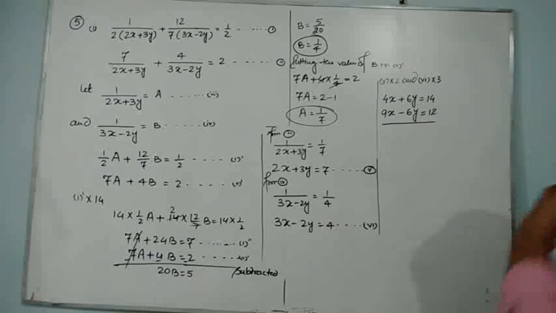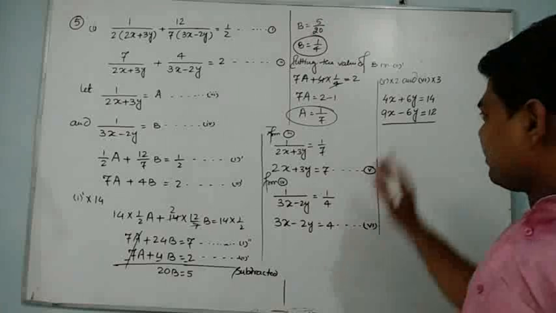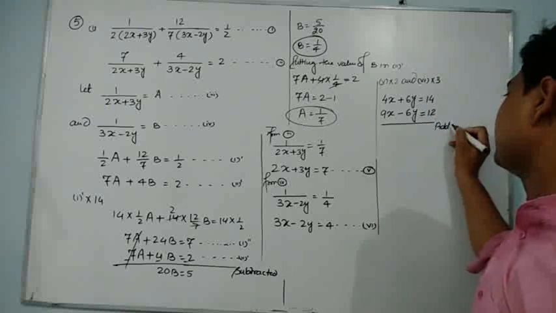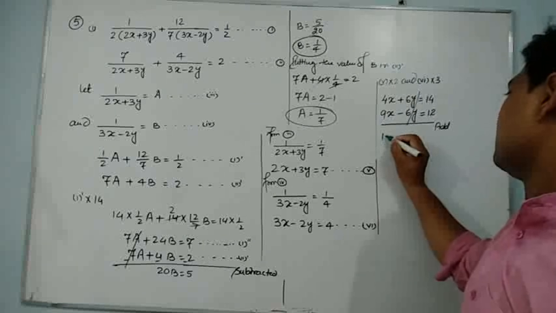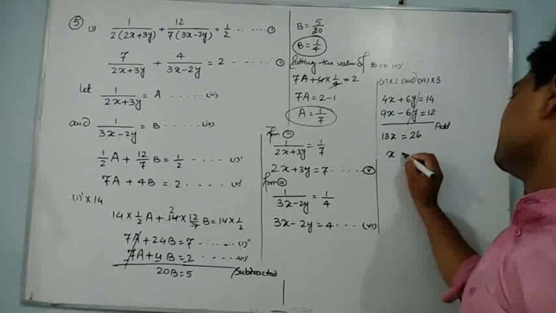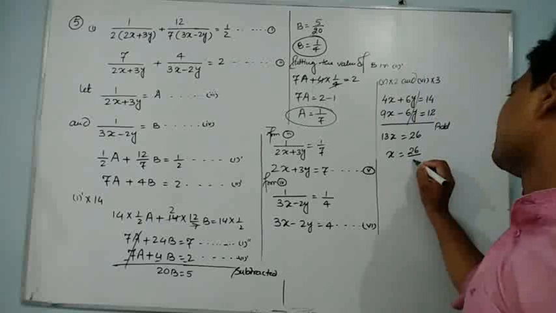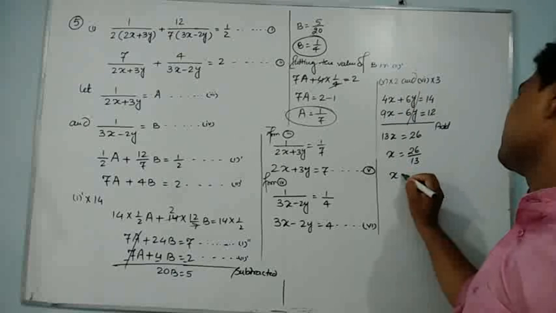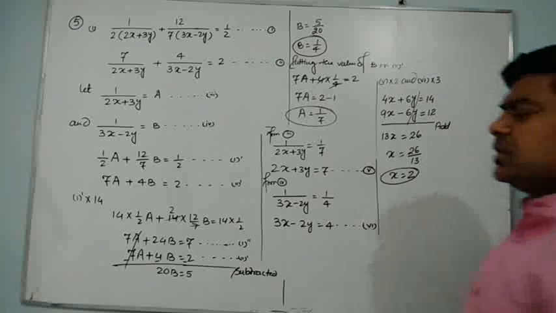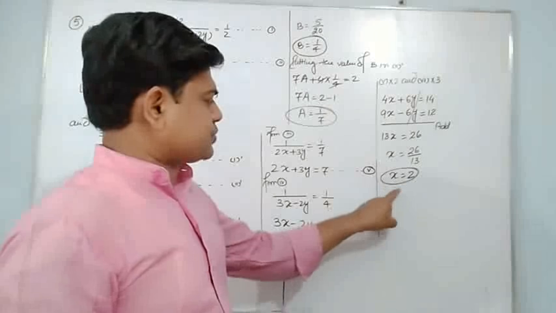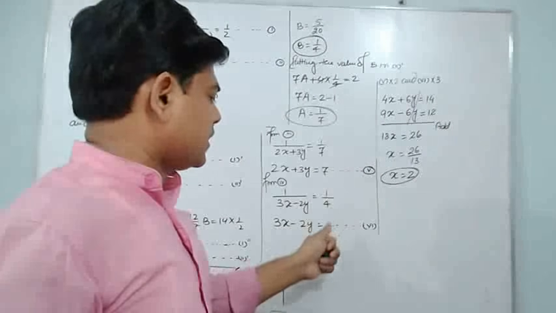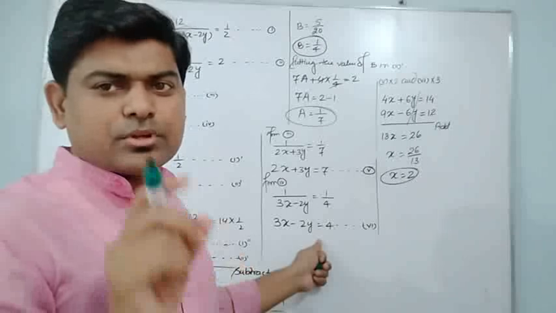Okay, you are getting all these things. And after equating the coefficient of y, you can see both are with opposite sign. I will write here addition. They can eliminate. It's 13x is equal to 26. Now tell me, x is equal to 26 upon 13. Then x is equal to 2 will come or not. And if it comes, the value of x we can substitute. This value of x we can substitute either in 5 or in 6 to find the value of y.